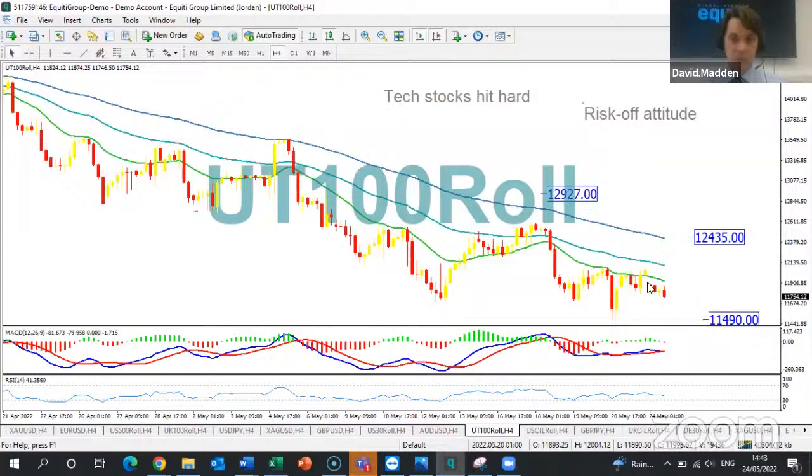Now, looking at the price action in the last 24 to 48 hours, we have seen a bit of a rebound. Granted, we've handed back some of those gains, but if you look at the price action in the last few weeks, we have seen a number of occasions where we have enjoyed relatively large rebounds, such as here, here, and also here.